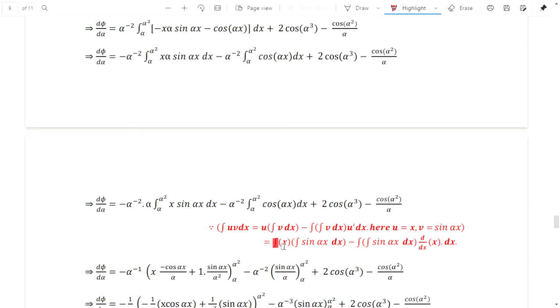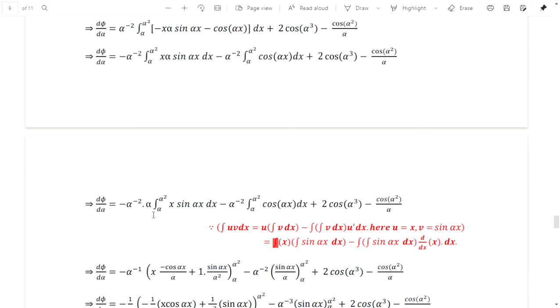So let us cancel this. So x into u, into means x into integral of v dx. That is, integral of v is what? Sine of alpha x. So integral of sine of alpha x into dx, minus integral of whatever the function we have here, the same function, integral of sine of alpha x into dx, into du by dx, means d by dx of x into dx. So d phi by d alpha is equal to this,